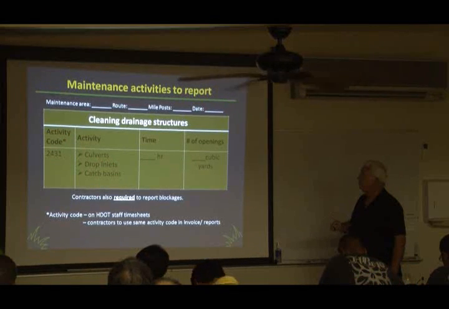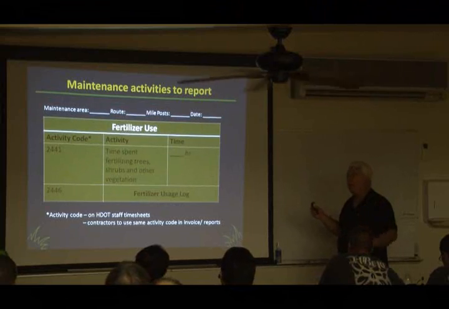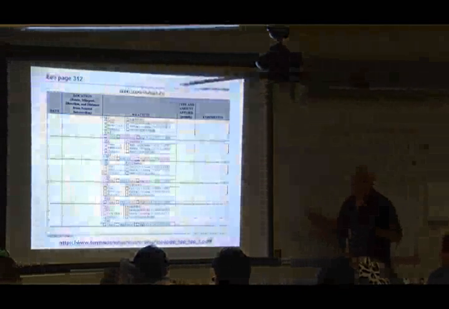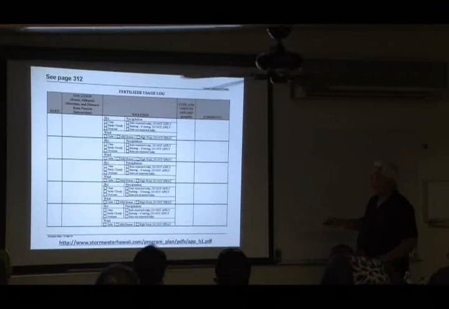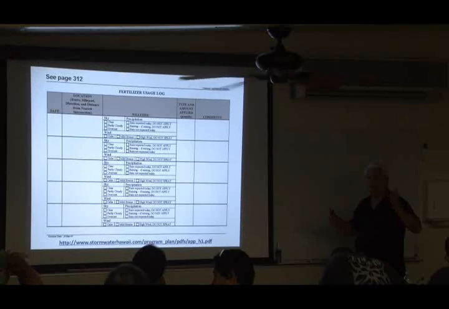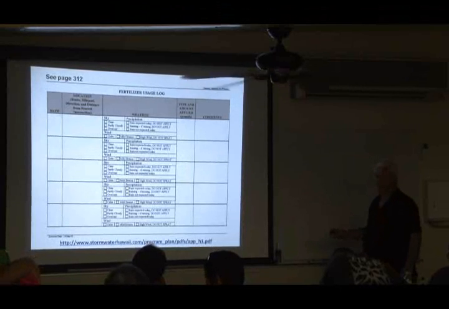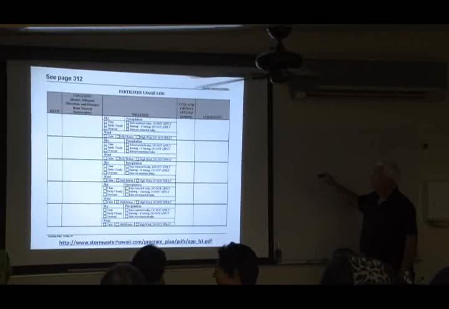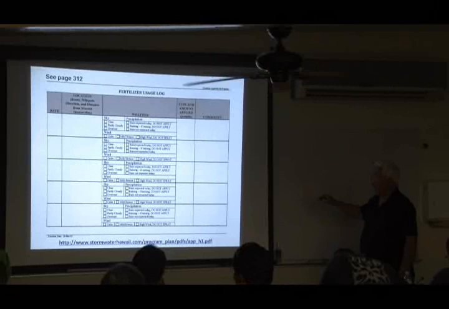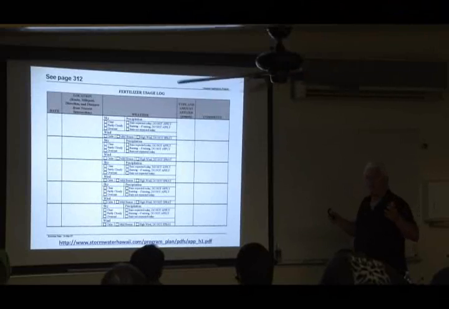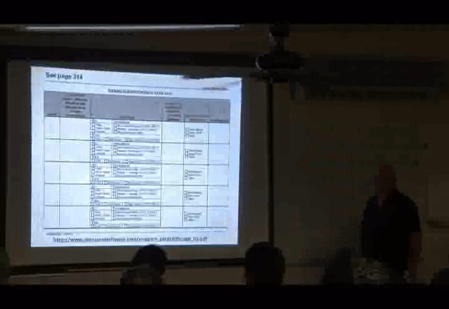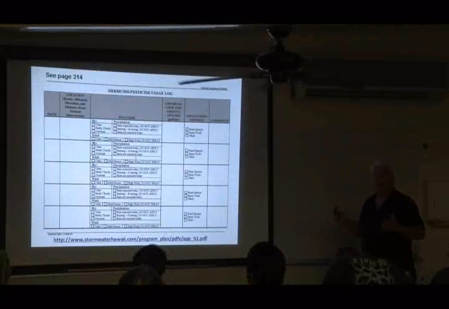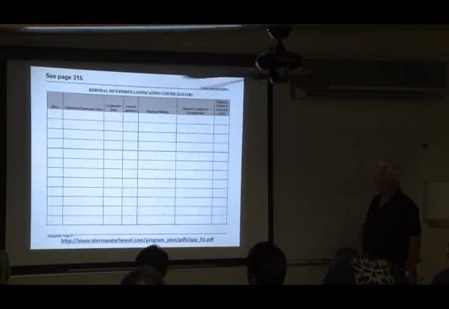Locations. If we fertilize, there'll be fertilizer logs. If we use pesticides, there'll be pesticide logs. Fertilizer usage logs will be similar, reporting the condition of the weather and so forth. It's just a matter of check, check, check. Not a whole lot of writing here. Here, how much you applied, any comments and so forth. So just a standard, easily filled-in form, unless they have 80,000 of them. Pesticide use is the same way, same kind of form. Here again, this would be just periodic, whenever that activity happens to come up.